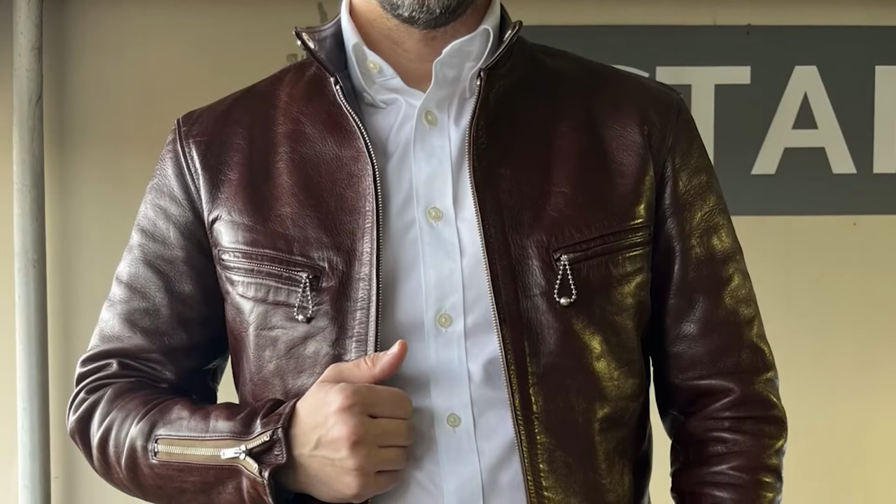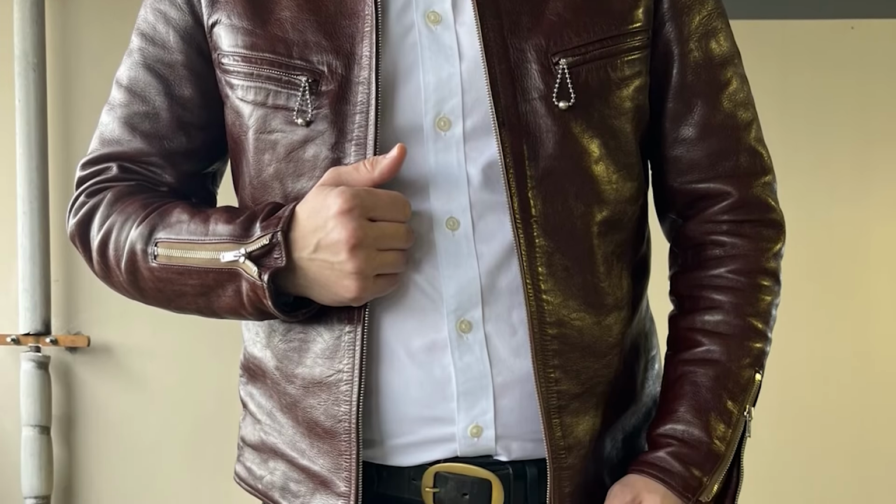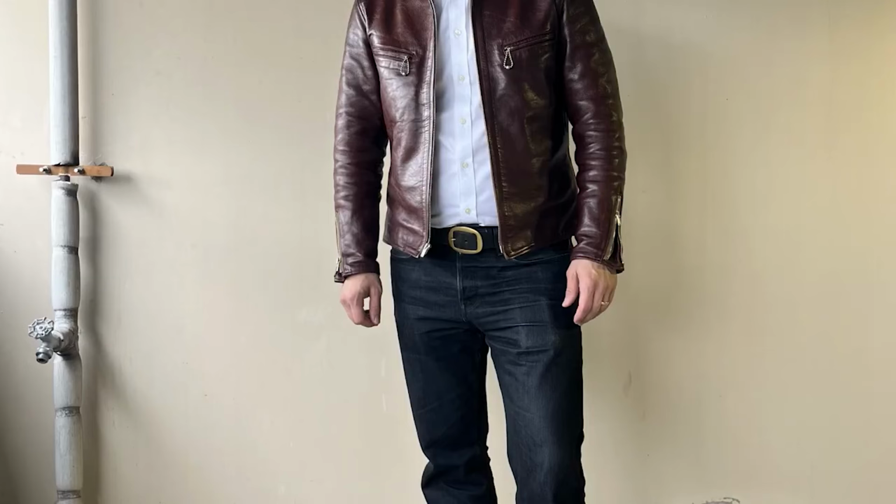But I would say with a caveat, which is because the jacket is so obviously made of such fine materials and is so neatly and precisely put together, even as a biker jacket, it does have a refined aura. And I wore it with jeans and a dress shirt, a button-up, collared dress shirt, and I think that the look was really great. Even if it did have a bit of an edge or a bit of a rock and roll style vibe to it, I really think that the fact of the jacket mashing up these two refined materials and construction with a biker style jacket does give it more versatility than a biker jacket, like a cafe racer style jacket from Vanson,